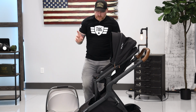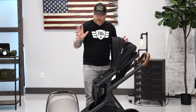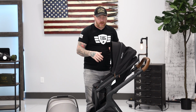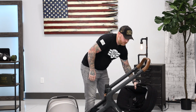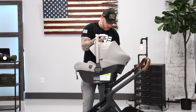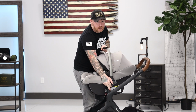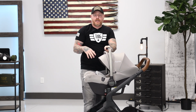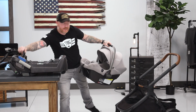It'd be fantastic. Now, the potential con to that, and I recognize this and I get it, and it's probably a balance and something they probably struggled with internally, is when you have a baby in that car seat and it's 20 pounds and you're holding it and you're trying to line up both sides and get it clipped in securely and safely, is that the right way to do it? Either because with the adapter